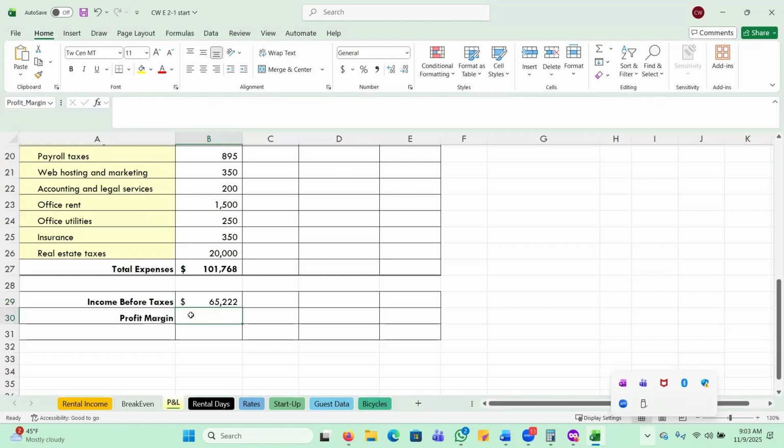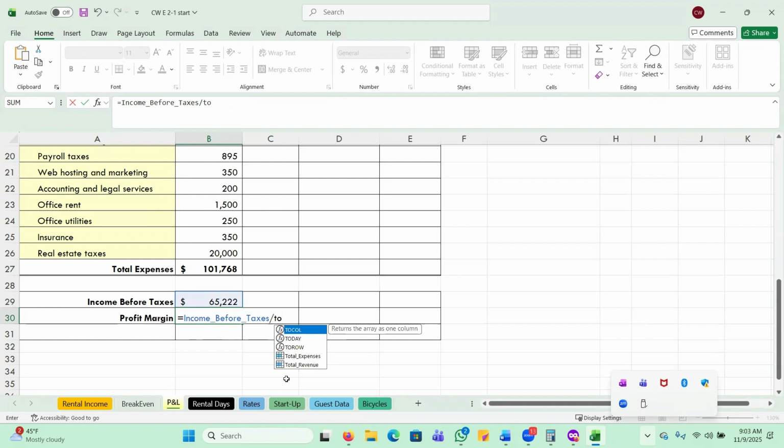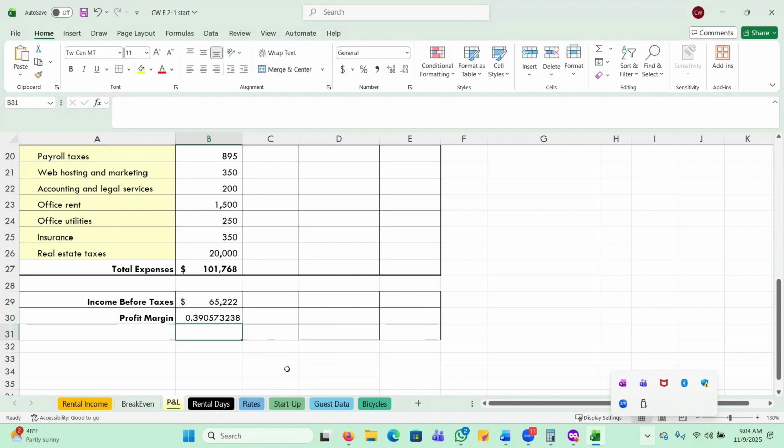So we're going to build a new formula. This formula for profit margin is going to be basically, we're going to start with our equal sign and we need our income before taxes. So I'm going to type an I in there. When I see my cell range name, I'm just going to double click it. And then after that, we need to do a division sign, which is just a little slash mark. And I'm going to type TO because now I need total revenue. So I'm going to double click total revenue. So I've built this formula that my profit margin equals my income before taxes divided by my total revenue. When I press enter,